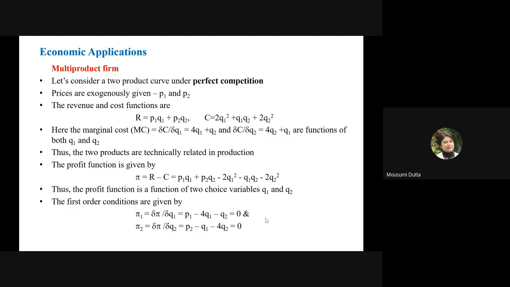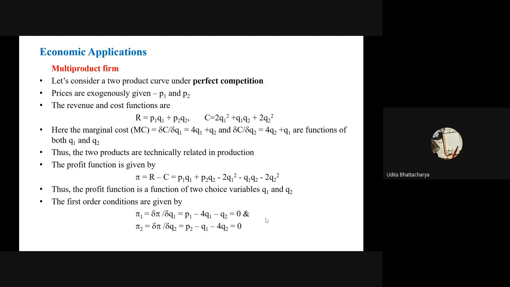First, we will consider a perfectly competitive context, and then we will consider a monopoly context. I hope you have some preliminary ideas about perfect competition as well as monopoly. So what happens in the context of perfect competition, what happens in the context of monopoly? Can anyone tell me what is the main difference between perfect competition and monopoly?